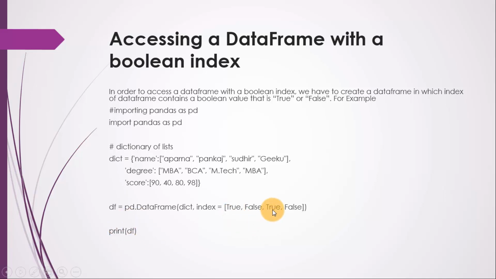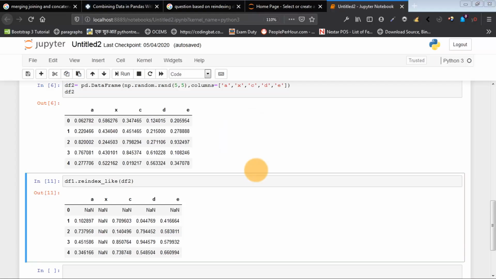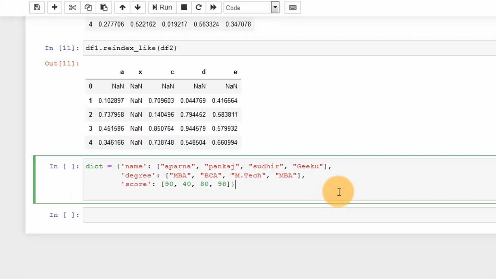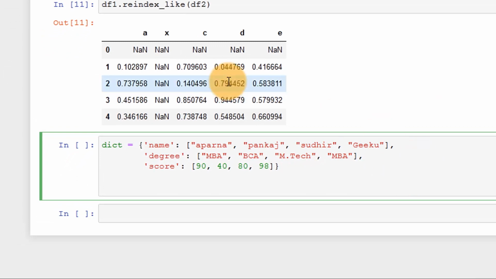So let us see this example in action. Allow me to copy my dictionary so that it saves time, and here is my dictionary, and I'm going to create my data frame from this. So my df, let's say, is equal to pd.DataFrame.